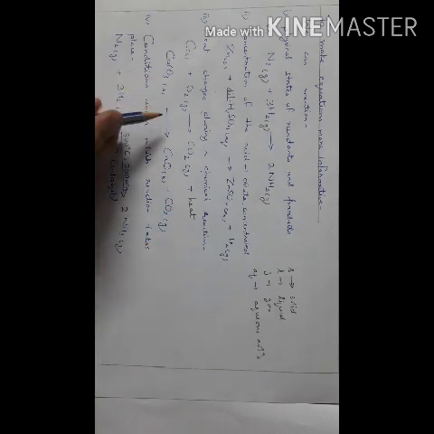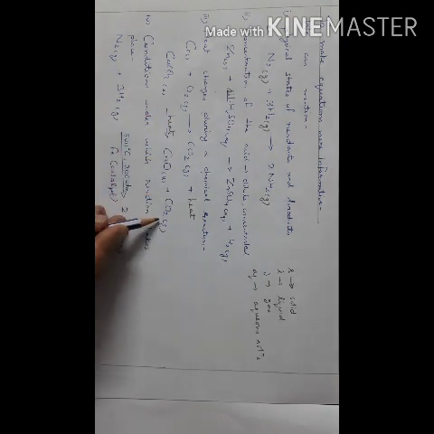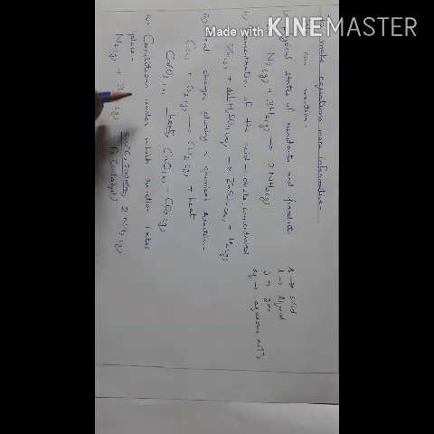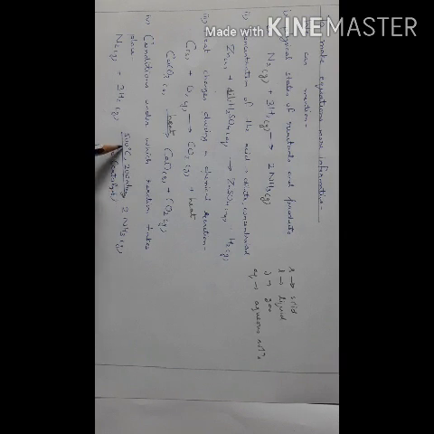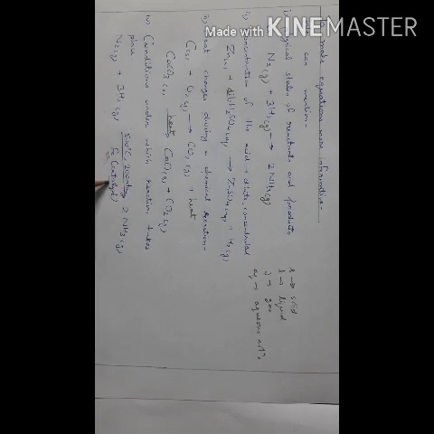Calcium carbonate, when heated strongly, decomposes to form calcium oxide plus carbon dioxide gas. So heat, because heat is to be supplied, it is written on this particular arrow. The last one, that is the conditions under which that particular reaction is taking place. For example, the reaction between nitrogen and hydrogen takes place. You get the maximum yield if you carry out the reaction at 500 degrees Celsius, 200 atmosphere of pressure, and iron is used as a catalyst. Catalyst is a substance which increases the speed of a reaction and is obtained unchanged at the end of the